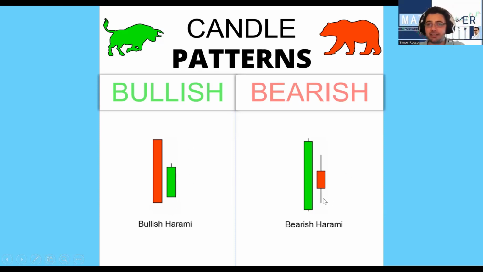Then we have the bearish harami, where the mother is an up candle, and it is quite a large candle, and it's given birth to a baby down candle, which is it confirming that there's downside to come? Like I said, do not use individual candles for confirmation. Use other indicators, use momentum, use trend lines, and then take a look and say, all right, boom, there's a bearish harami. How is it looking in relation to other indicators?